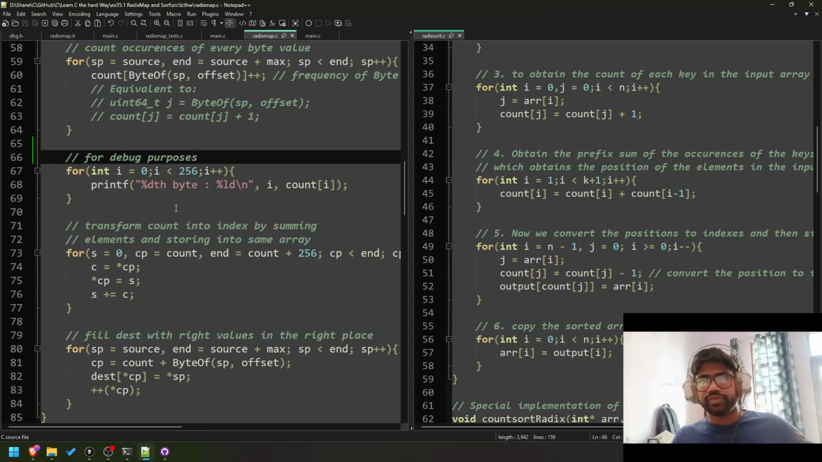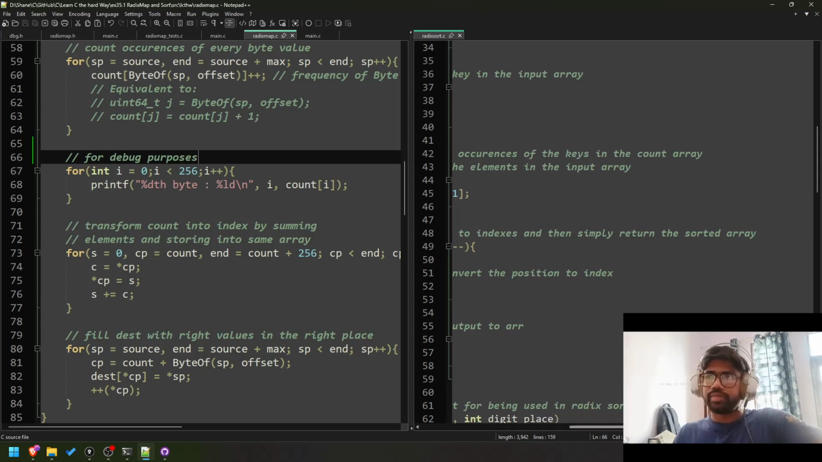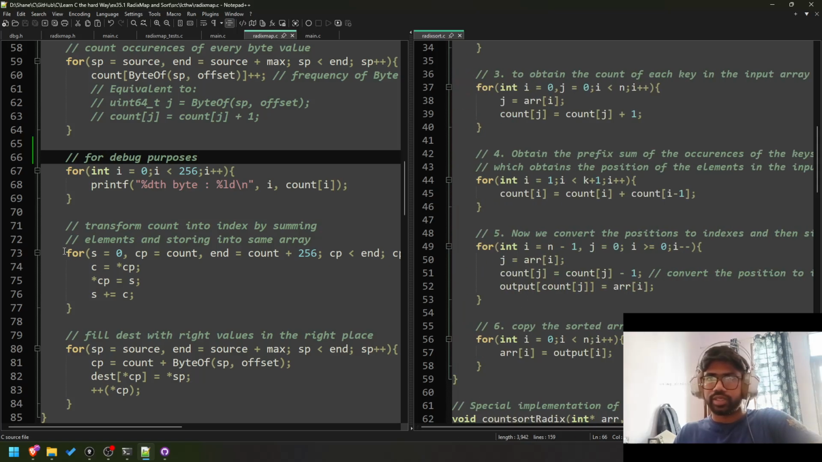Okay. Then we transform count. Now see. Now we convert the positions to indexes, then simply return the sorted array. Okay. I take transform count into index by summing. Do I sum? I don't think I sum. Well, I sum, yeah. Okay. So we sum